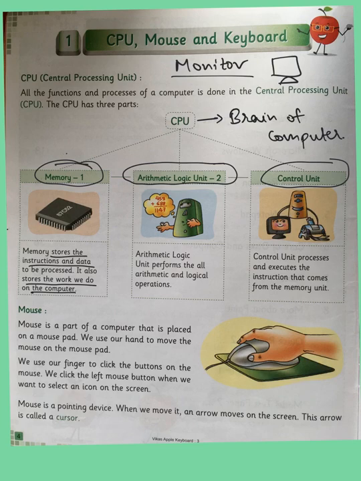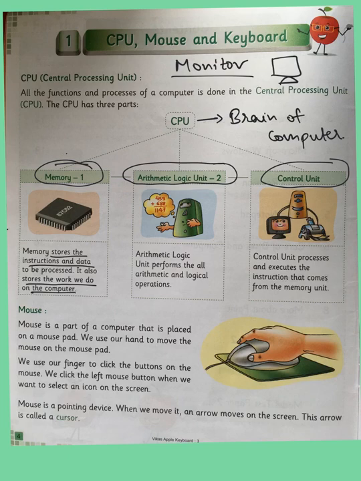So whatever operations the computer performs, its instruction and data is stored in a special memory inside the computer. And similarly, whatever work we are doing on the computer, for example, we are drawing something, we are writing something, we are typing something, all this is stored in the memory of the CPU. Just like in a mobile phone, the contact numbers which you can see in the contacts part are stored in the memory of the mobile phone. Similarly, the applications and games which you have on the mobile phone are actually stored in the memory.